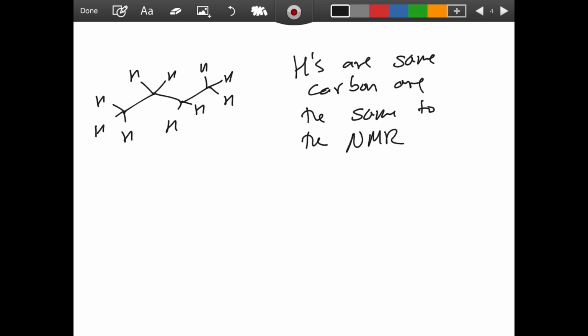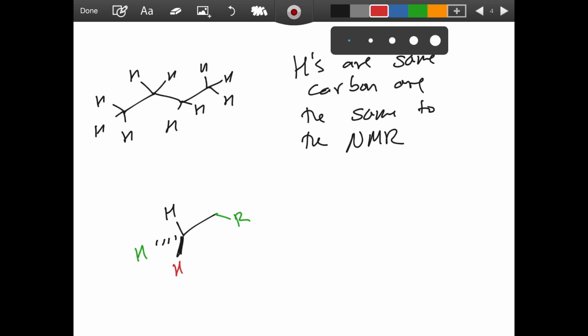So, right, if we were to draw this, we could say, hey, we have this H, and then this red H, and then this green H, right? And we know they're not all exactly the same, but think about the NMR as taking a picture of all the hydrogens in their magnetic fields. So we learned early on that it is easy for carbon-carbon single bonds to rotate,